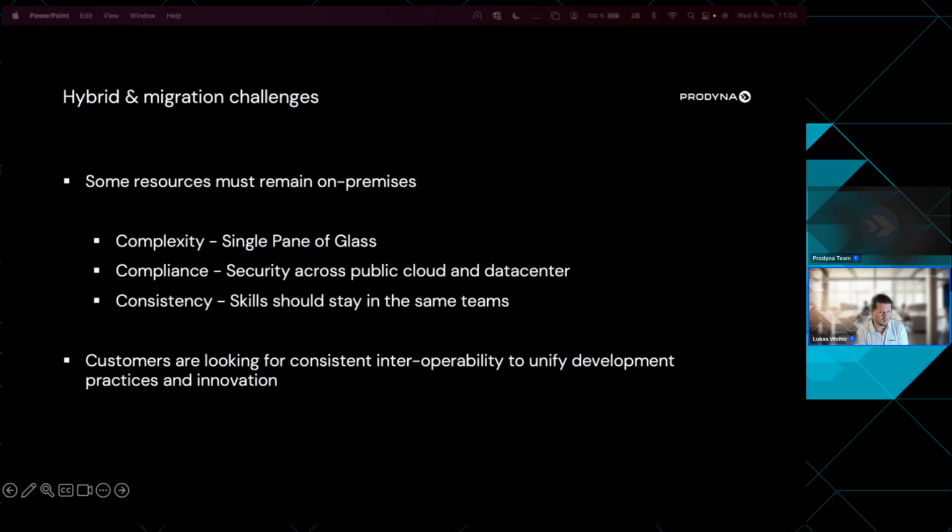So from IT point of view, while organizations understand the need for implementing a governance standard, they find it hard to integrate on-premise policies and updates with their cloud infrastructure. Also, we often have different app development teams in the organization. There exists a wide range of skills across on-premise and cloud. What we see very often is that the customers are looking for consistent interoperability between the two so they can unify the development practices. And also on the